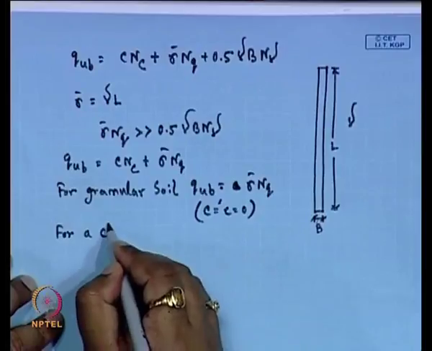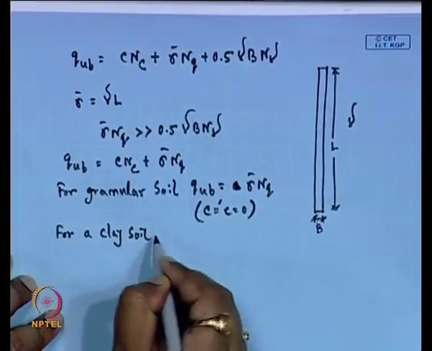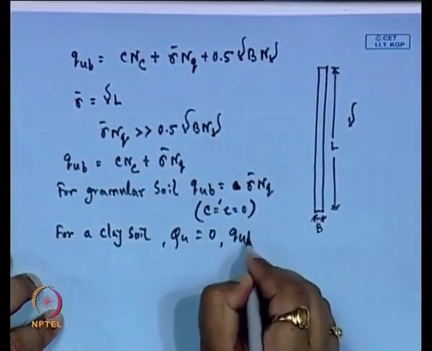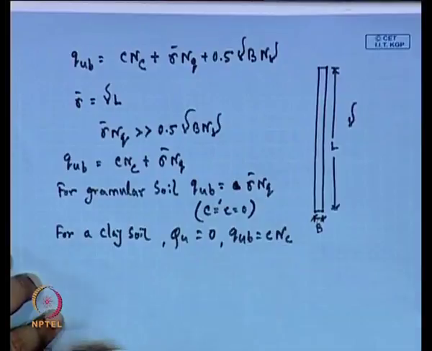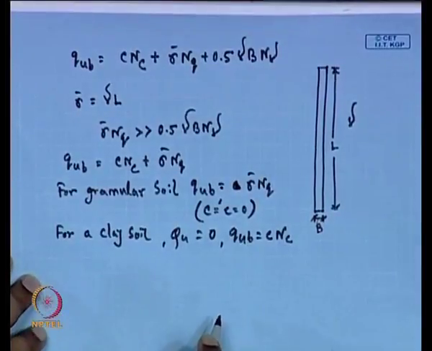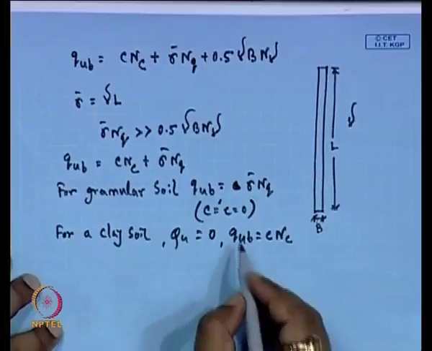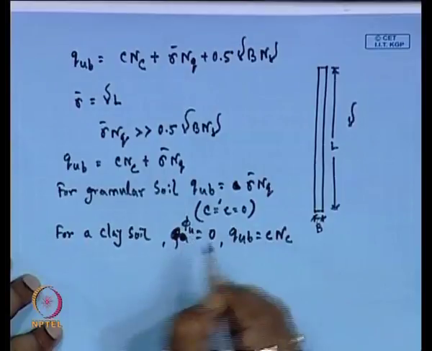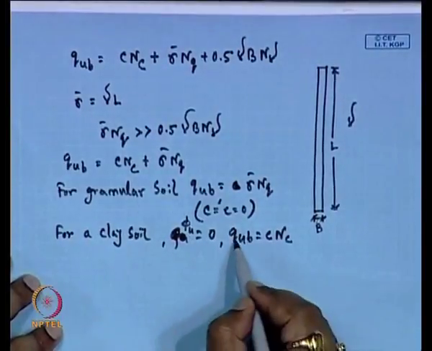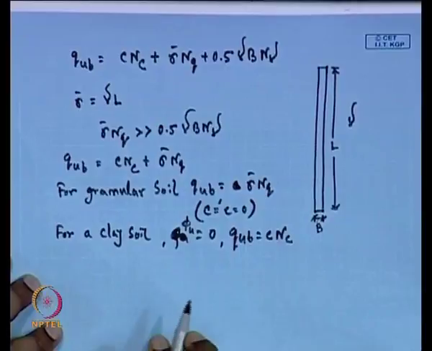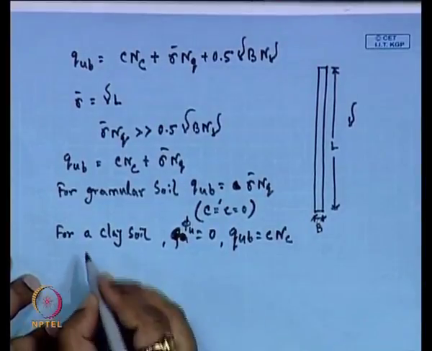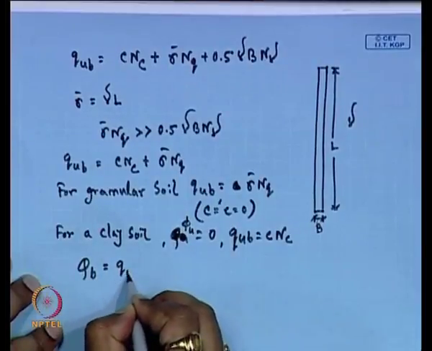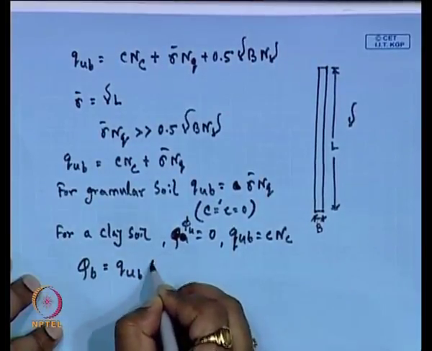Now, for a clay soil, we can write that phi u is equal to 0. So, Q U B will be C N C, where C is the cohesion. So, when phi u is 0, Q U B is C N C. When we calculate the total Q B, that is equal to Q U B into A B,